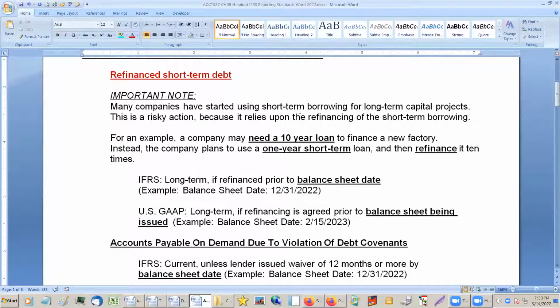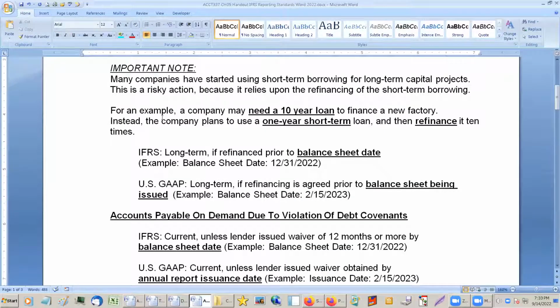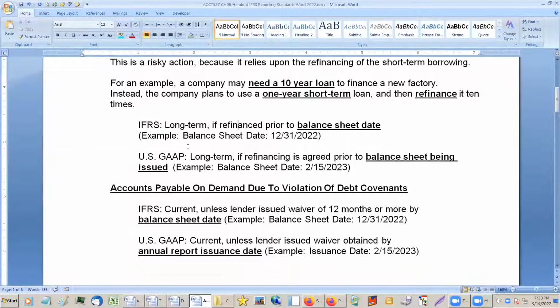So what happens is, I give you the example here: a 10-year financed new factory, instead financed by a 1 year short-term loan, refinance it. Okay, IFRS rules